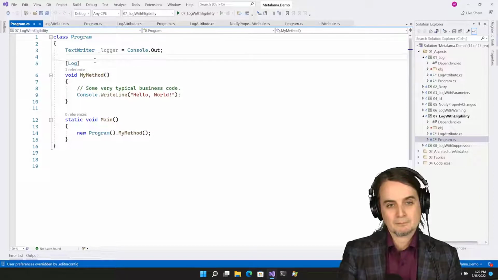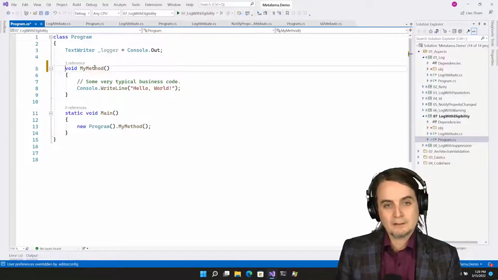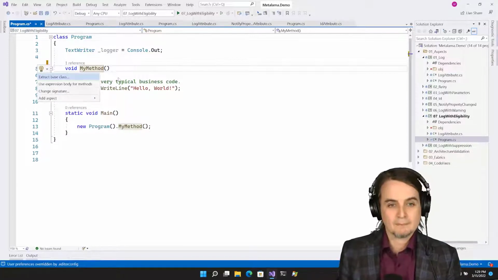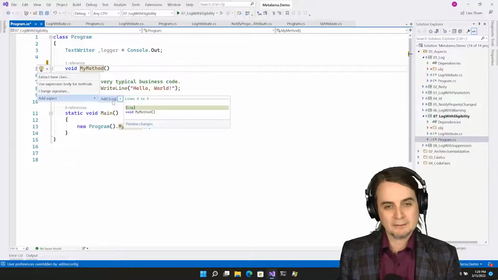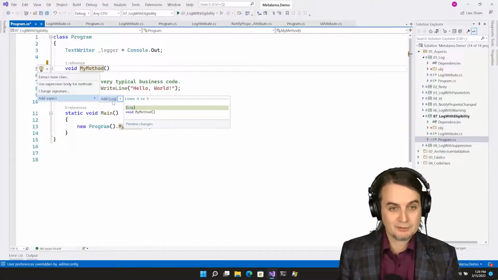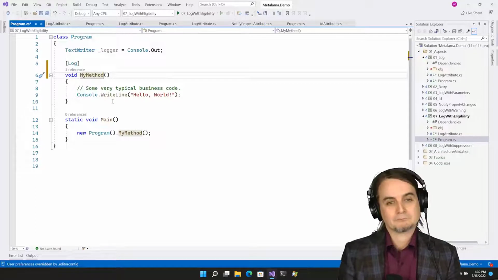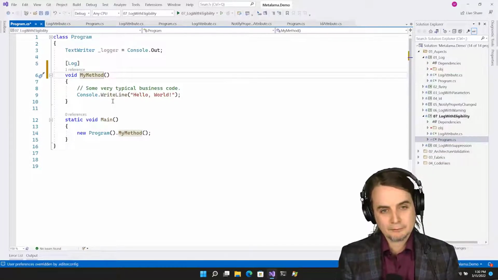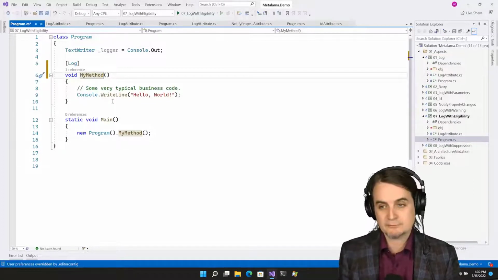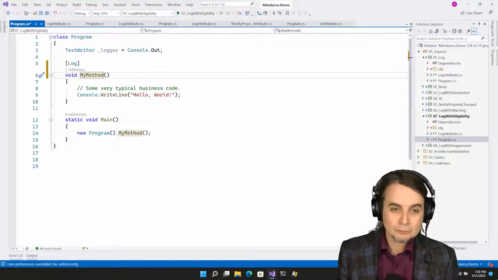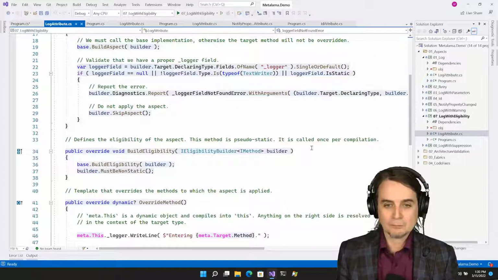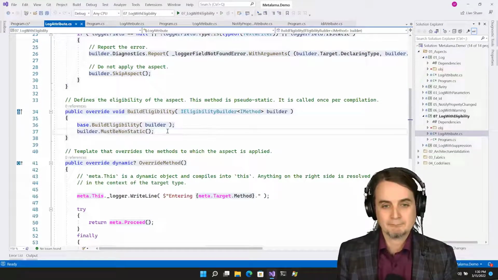And like here, you see that the add logging action is proposed from the light bulb menu. But I would like the log action not to be proposed when the method is static, because it doesn't make sense. So to define this, we have a concept that we call eligibility.